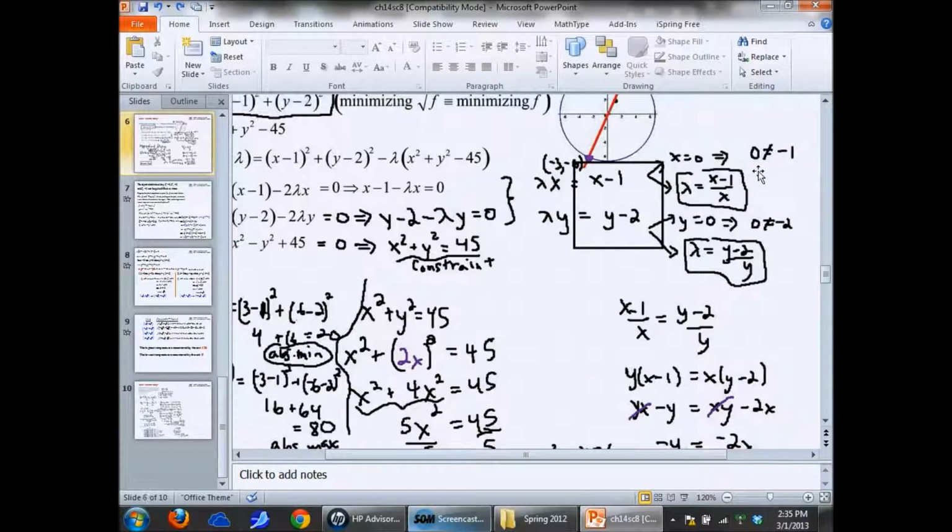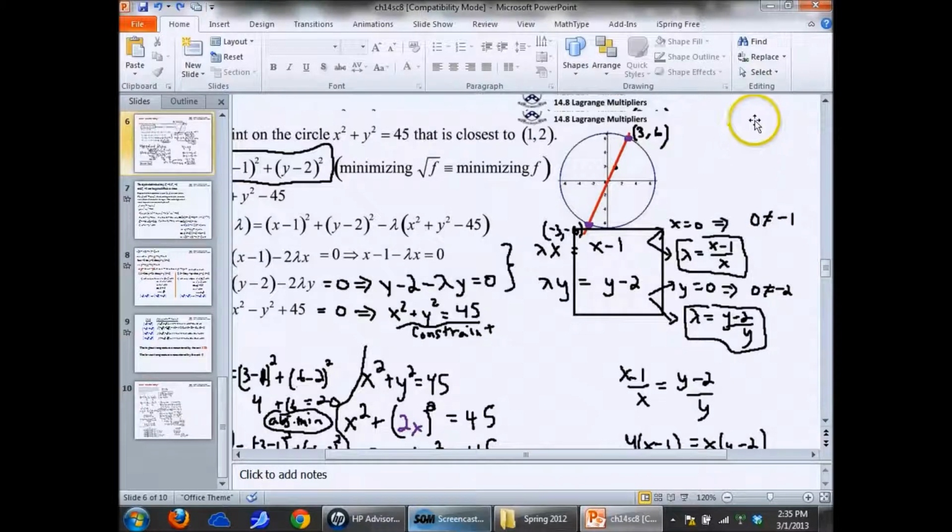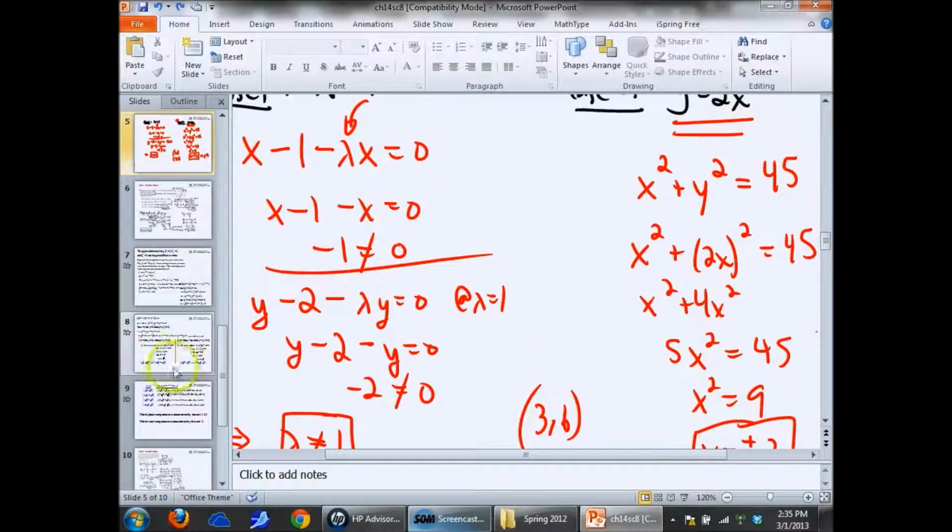So if you like the solve for lambda approach in each, then definitely I would say try that as your first attack. It's just a quirk in the problem that we came up with this nice y equals 2x, without much trouble doing it the way that I had done it when we wrote it up. Okay. So